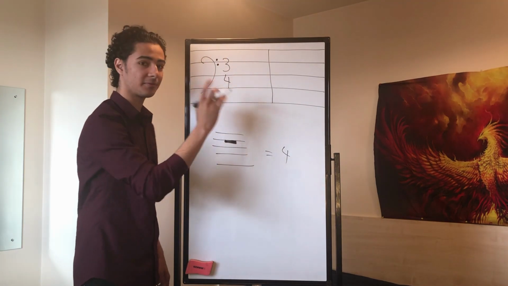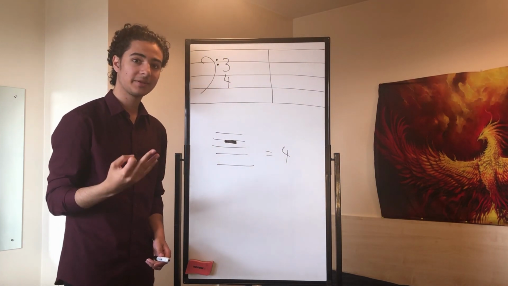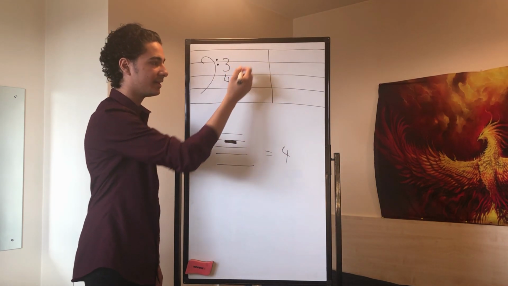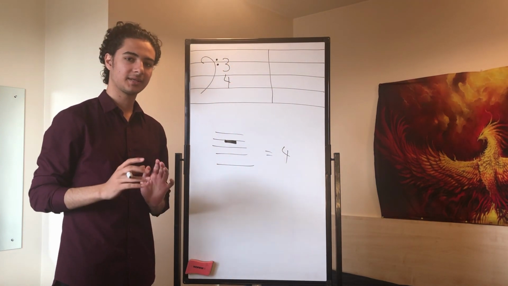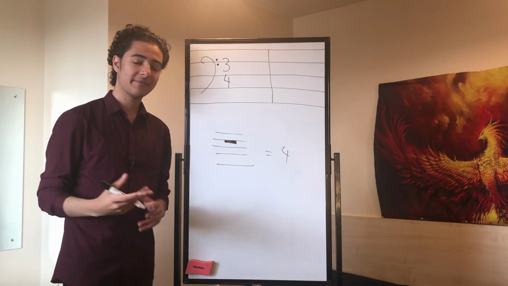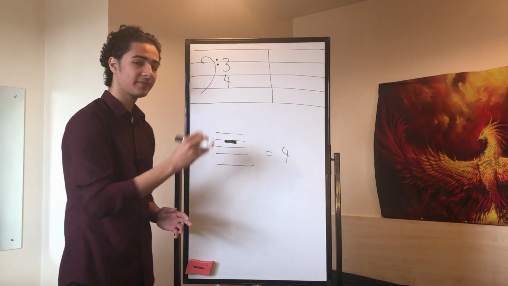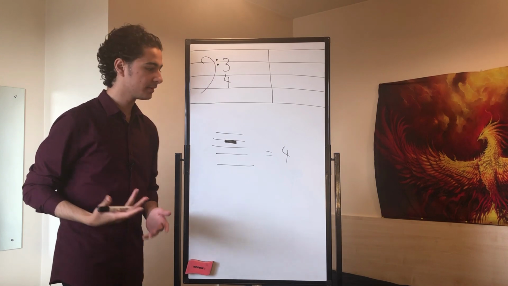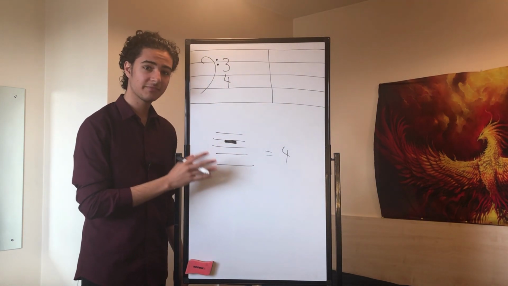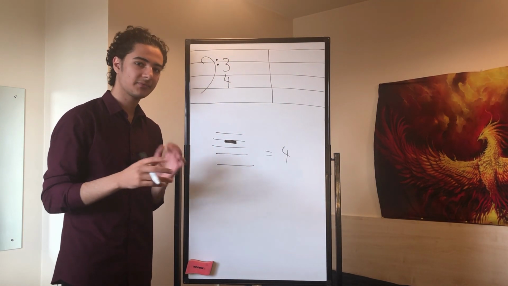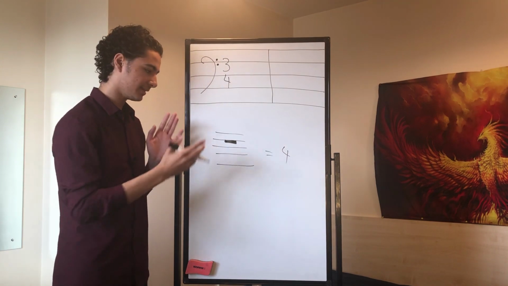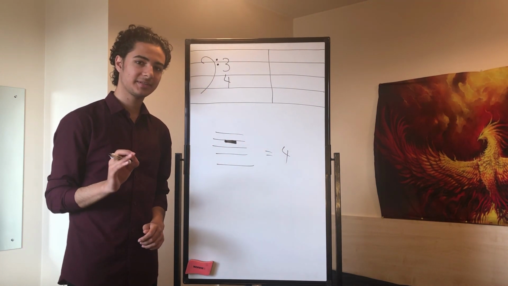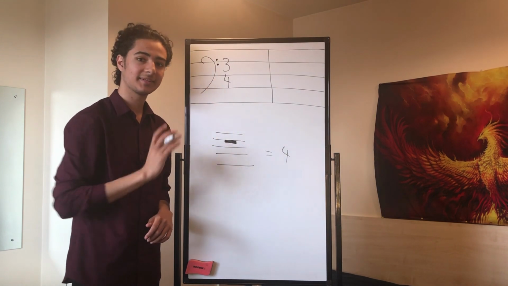So even if you're in 3/4, which can only have 3 beats per bar, a semibreve rest can be put here to signify nothing is playing in that bar. Now you might normally think we'd have a dotted minim rest to signify exactly 3 beats per bar to fill this out mathematically. But because this specific rest can also be used to fill out an entire bar, it doesn't actually matter what the time signature is